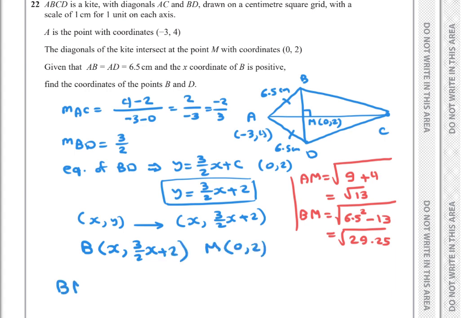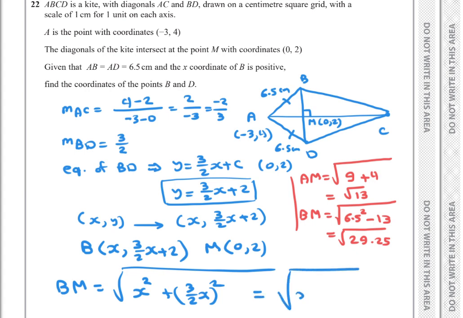So now BM in terms of X equals the square root of X minus 0, so X squared, plus Y minus Y, so 3 over 2X plus 2 minus 2 cancelled, so 3 over 2X all squared, which can be simplified to X squared plus 9 over 4X squared